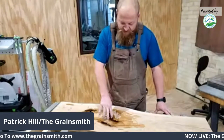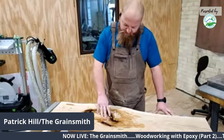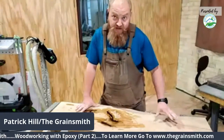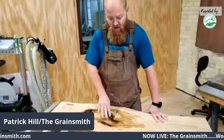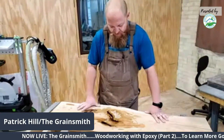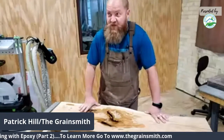Again, with the thumbnail test right now, I can barely leave a little bit of a dent. That's where I like to usually sand it. But this I probably would sand before I applied more, just to make sure I've got good mechanical adhesion as well as the chemical. But I think that's pretty much it for this